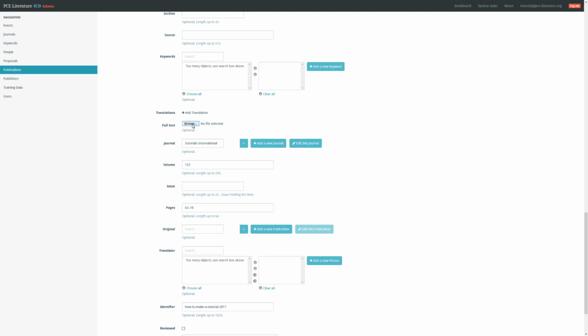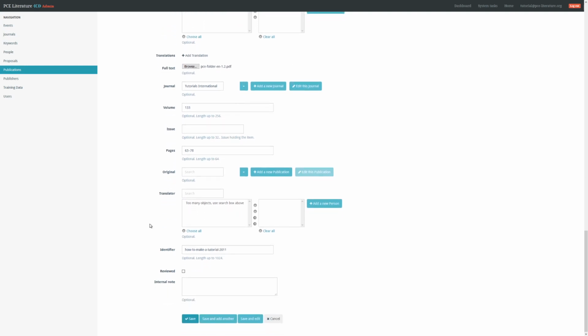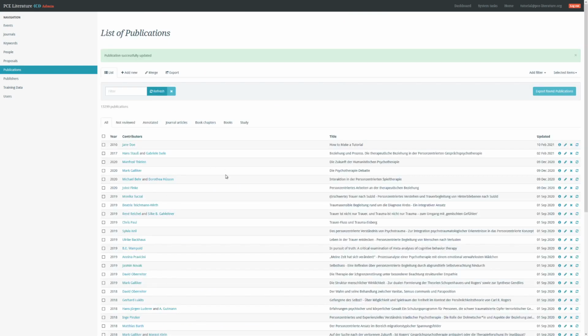So here you just press the browse button and pick a PDF for the full text that you want to upload, and once it shows up here you just go all the way down and press save, and it'll upload the full text, and that's how you've added a full text